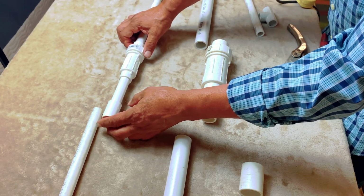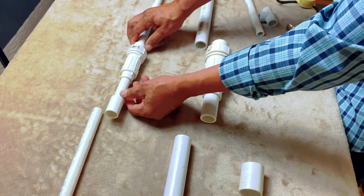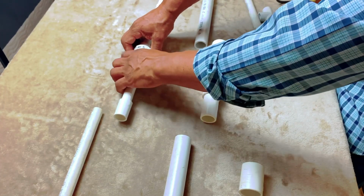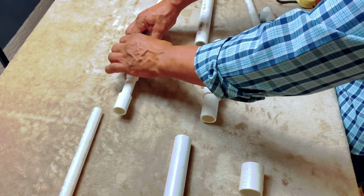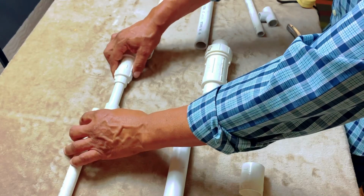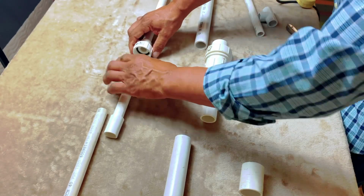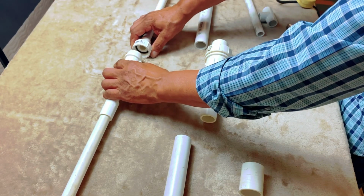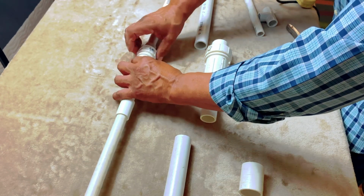So what you can do is, before you glue this in and you get the spacing that you need to glue this part in here, when you see it go out of line, you're going to make a decision: okay, well, instead of trying to get this in here while the pieces are together, what I do is I'll glue this in first like that, okay? And then I can expand it, and I have leverage here, okay? I have leverage here to be able to pull these together like this and put it. It's a lot easier to do it this way